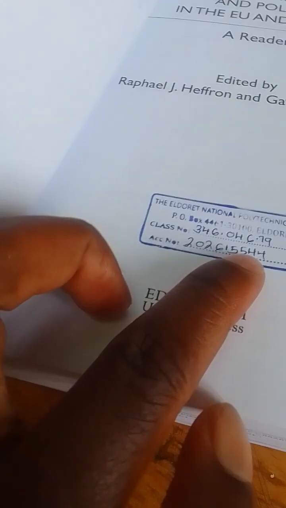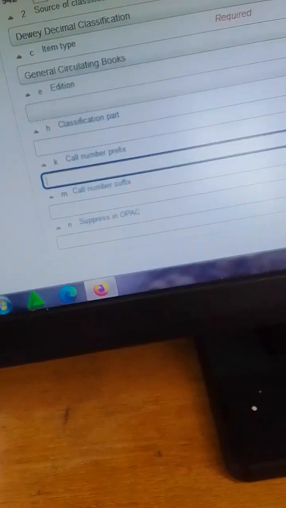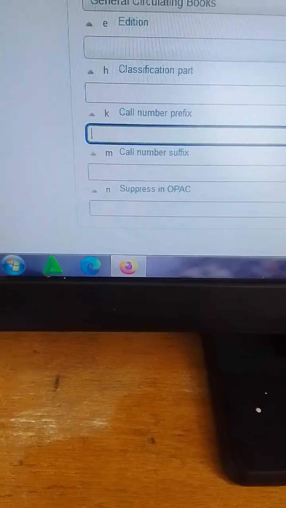The class number is the prefix, then the suffix is the accession number. So the call number is the suffix, and the class number is the call number prefix. So we can now write